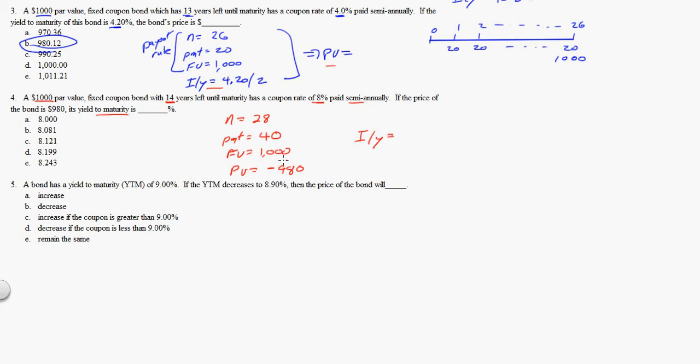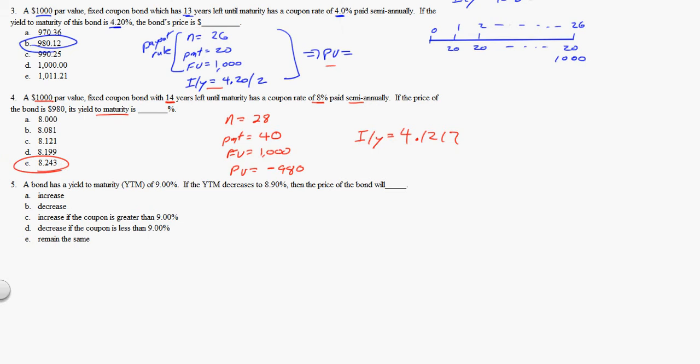Remember, the calculator wants it negative because it's looking at it like this. If 40 and 1,000 are positive, that means you're receiving that money. So if you're receiving that money, you're buying the bond and paying the 980 today. You could flip the signs because somebody's selling the bond and making the payments. Right, so we come up with an I/Y here of 4.1217. We need to multiply that by 2, and we get E,